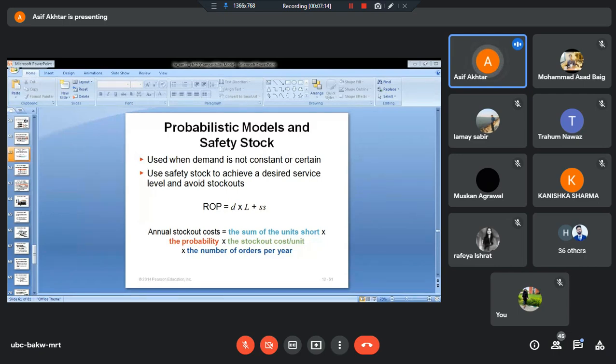पहले हम बिल्कुल एक सिंपल एग्जाम्पल लेंगे. उस क्वेश्चन के अंदर हम आपको स्मॉल डी, कैपिटल एल और सेफ्टी स्टॉक तीनों चीजें देंगे. I am repeating that we will consider a very small, fundamental example, whereby we will give you the value of small d, that is daily demand. We will give you the lead time, capital L, and we also give you the value of safety stock, so that you can understand the formula of ROP, which is D into L plus safety stock. Let's see the small example which I am sharing with you.